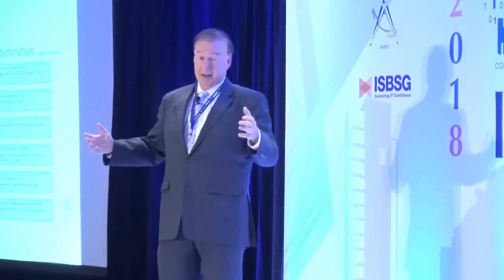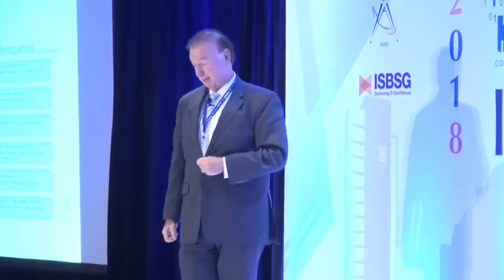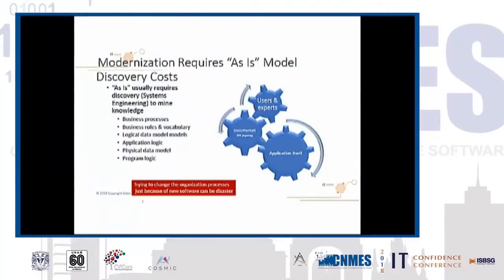So, all right. So here's the alternatives. What do we do? Throw it away, fix it, deal with it, redevelop it. Next slide, please. Now, when modernizing, first you need an as-is model, figuring out what the system does now so you can figure out what it is you're modernizing.